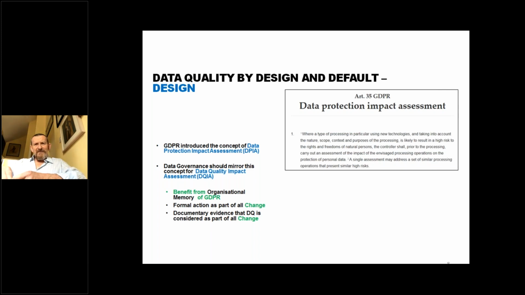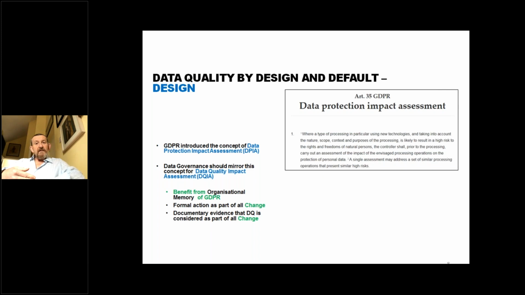If not, you better do it fairly fast, because if you do get a visit from the ICO or whatever regulator you happen to have, and they see your change process isn't prodding, demanding a DPIA, then without any doubt you'll receive a nasty surprise. So the idea of a DPIA must be in your organizational memory now, because if it isn't, your organization is in a fairly risky place. Any change agent, anybody going through change projects, now knows the phrase DPIA.